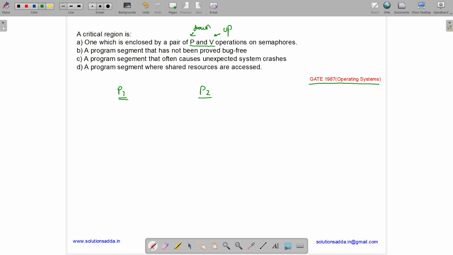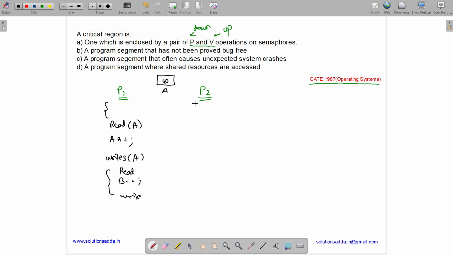Let us suppose we have a program P1 and a program P2. P1 does some tasks and then it reads a variable A, increments the variable A, and then writes the variable A. In shared memory, we have a variable A which is stored in the RAM and has a value, assume it to be 10. Then it does some other things on some variable B, maybe read, decrement, and then write.